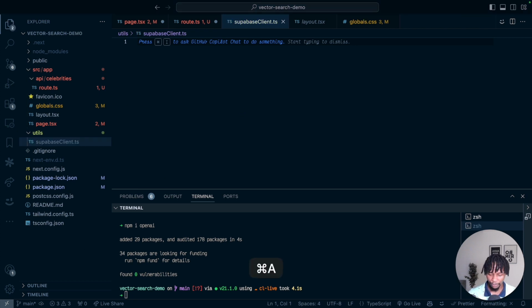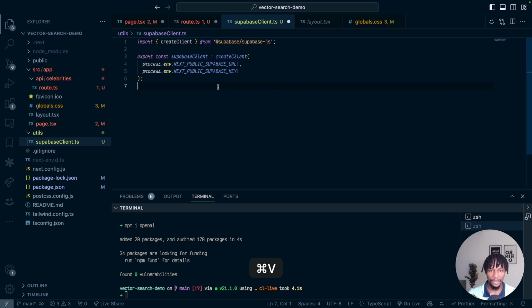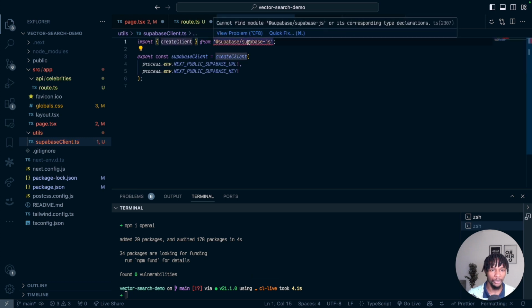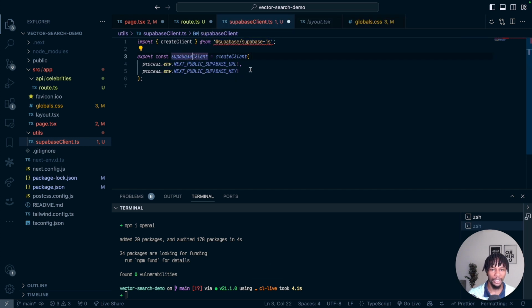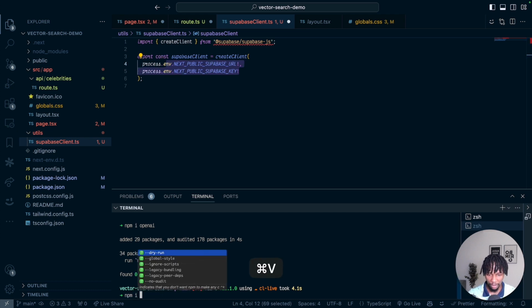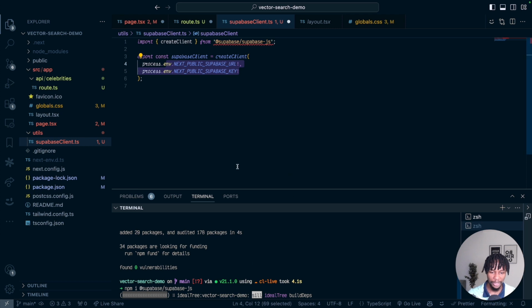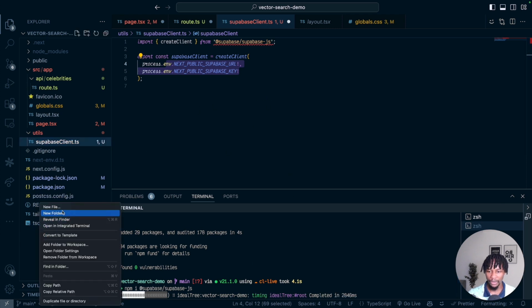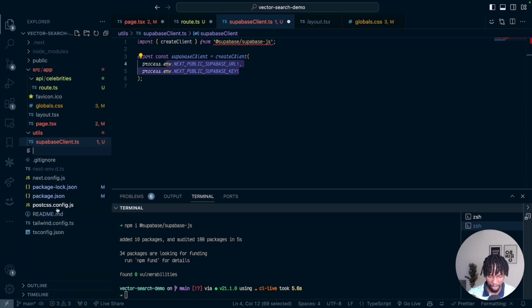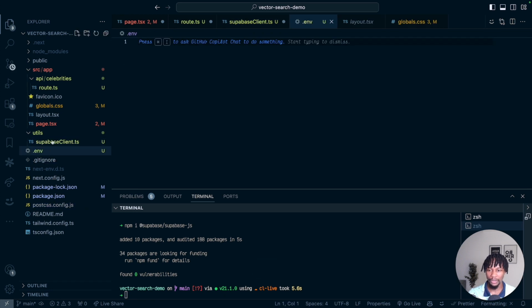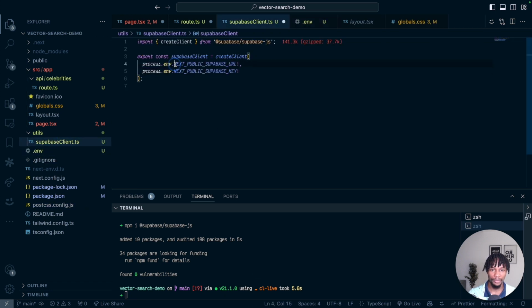And what we do here is basically just import createClient from Supabase, which we haven't installed. I'm going to install that as well. And then initialize our Supabase client with our Supabase API keys. So let me do npm install @supabase/supabase-js, and I'm going to create an environment variable. Let's do a .env here, and I'm going to create